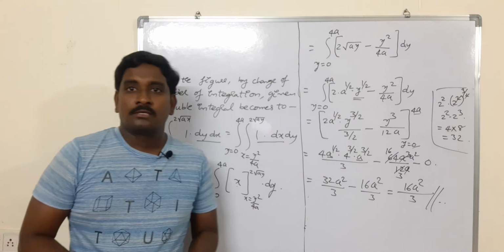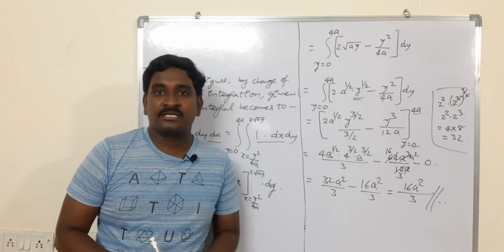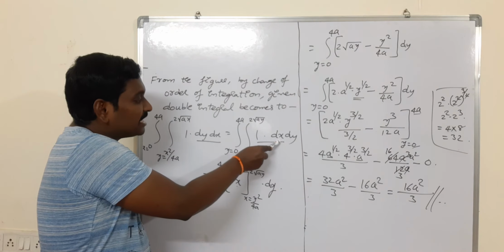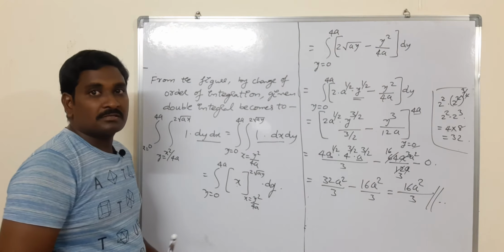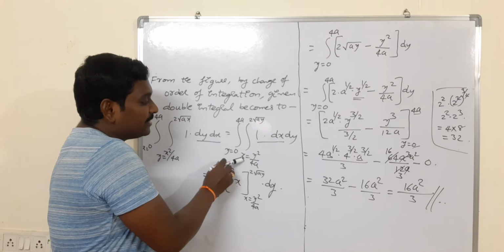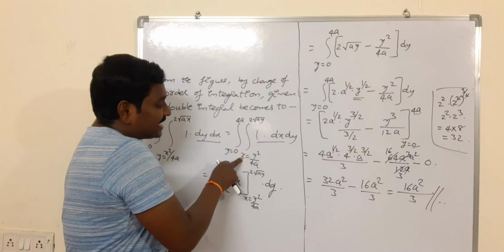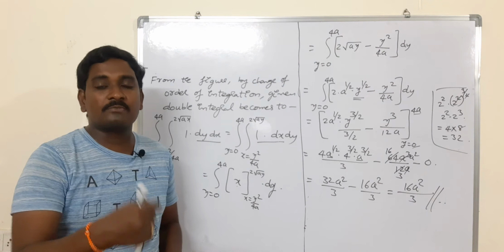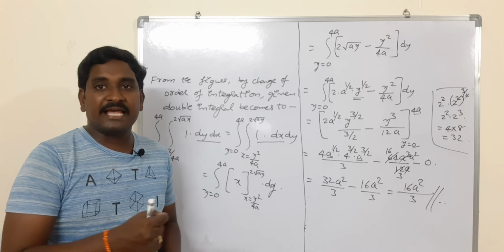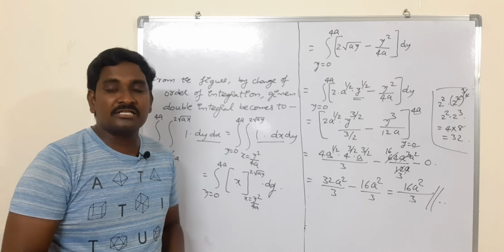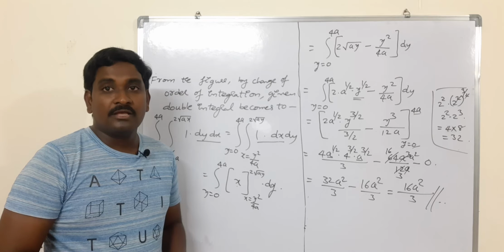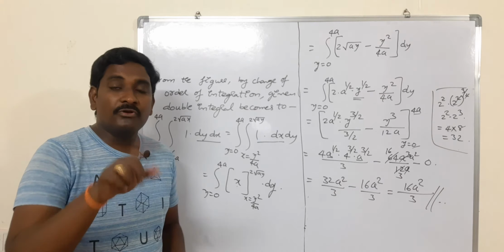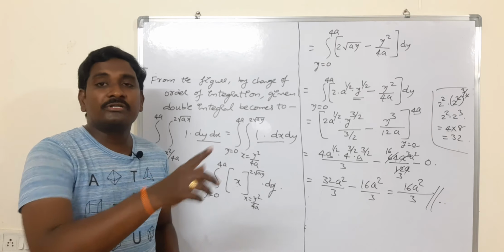Okay, this is the change of order of integration. In this way we can change the order of integration first, after that correspondingly we can change the limits also. Okay, in this changing of the limits, you should express x in terms of y. Whenever we should change x in terms of y, you should take a horizontal strip in the given region. Okay, if you have to change y limits in terms of x, you take a vertical strip. If you have to change x limits in terms of y, you should take the horizontal strip.